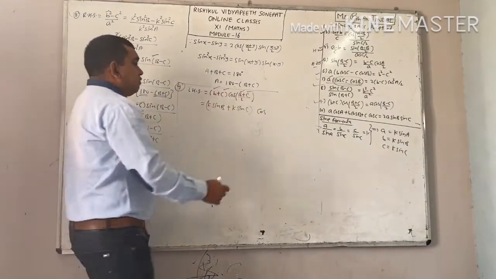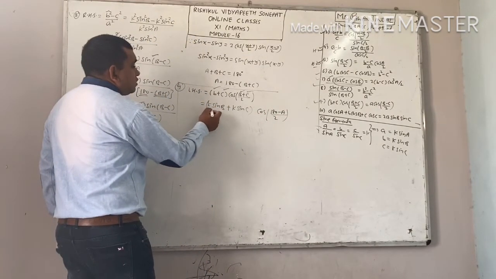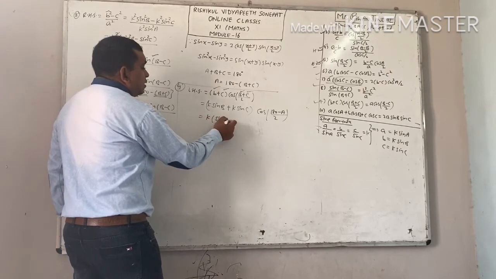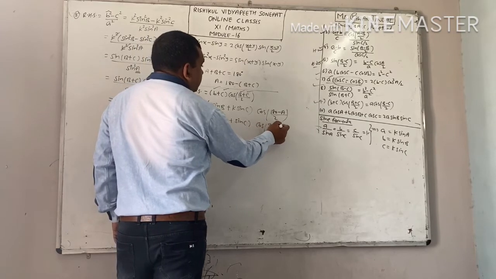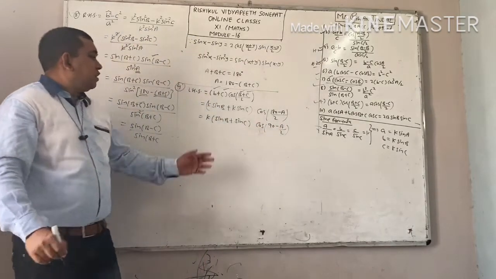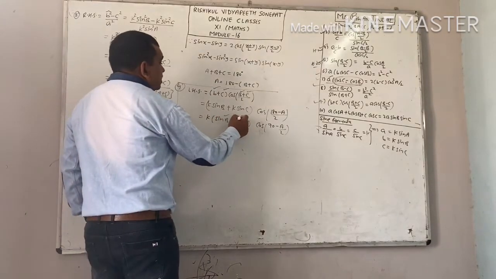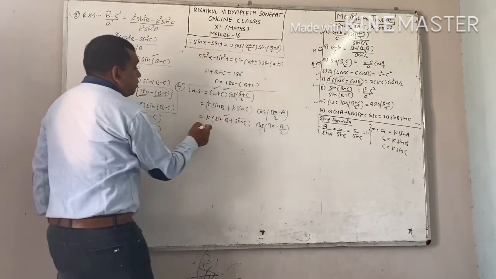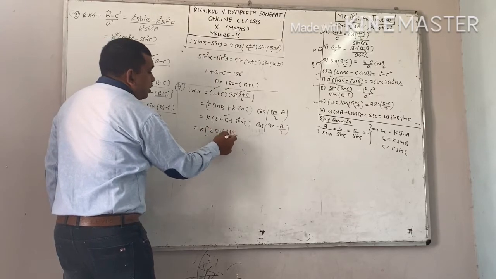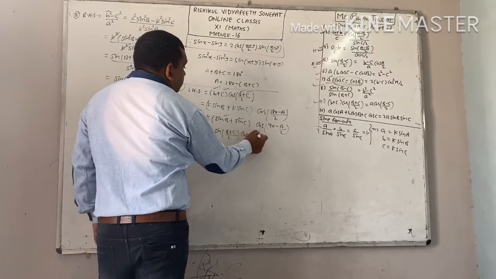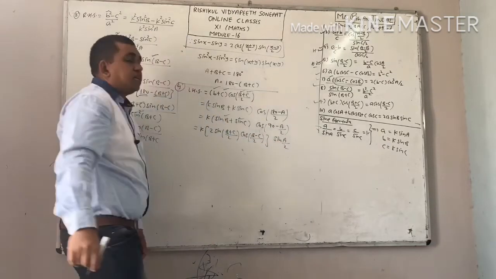Sum of two angles equal to 180 minus third angle. Apply it here. Now take K as common. You will get sin B plus sin C. This is your cos 90 minus A by 2. Right? Now, two terms of sin are in plus. You can apply the formula sin x plus sin y. Already written on the board. Apply it here. This is your 2 sin B plus C by 2 into cos B minus C by 2. This is your cos 90 minus theta. This is your sin theta, sin A by 2.